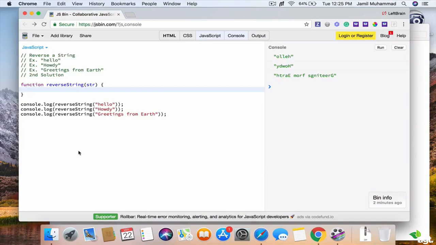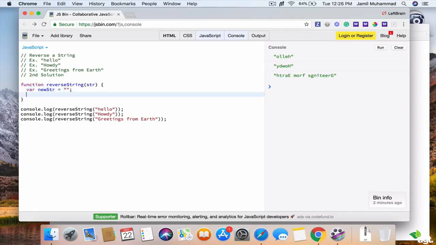Now for the second solution for reversing a string, I want you to create a variable called new string, set that equal to an empty quote, and then a for loop, var i initialized to string dot length minus 1. So initialize to the length of the string minus 1,